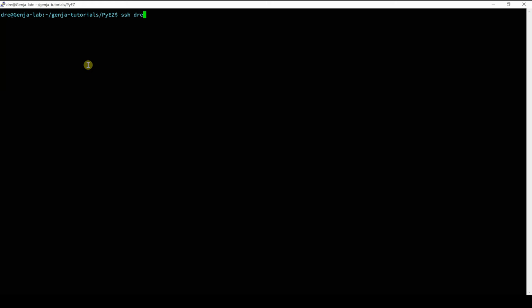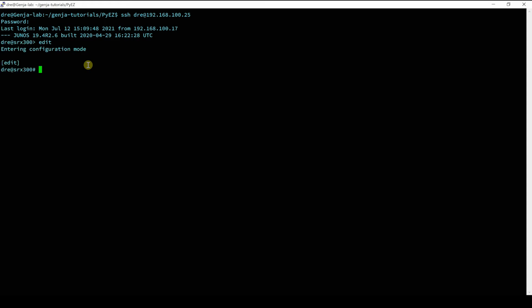I've got to specify the username, and the IP address 192.168.1.1. It will ask for my password as normal. Now go into edit mode. What we want to do is set system login